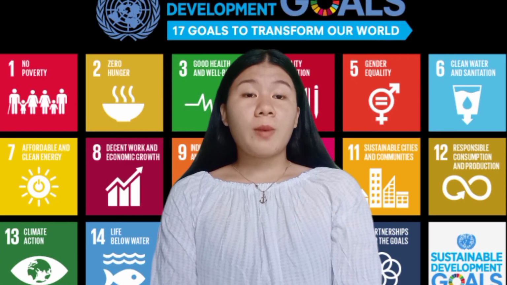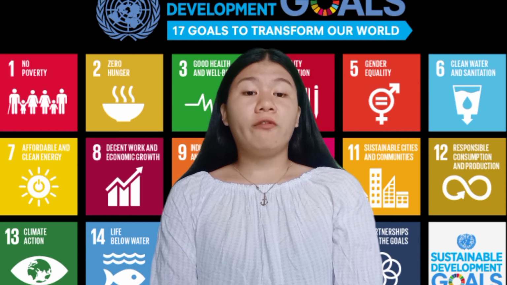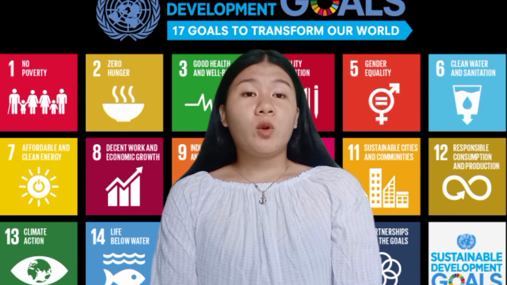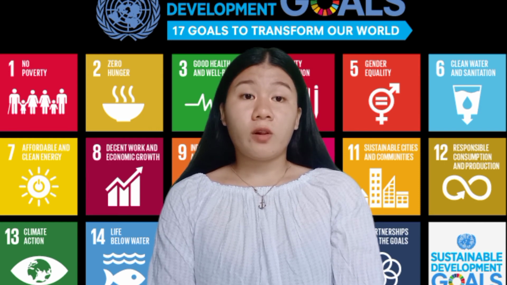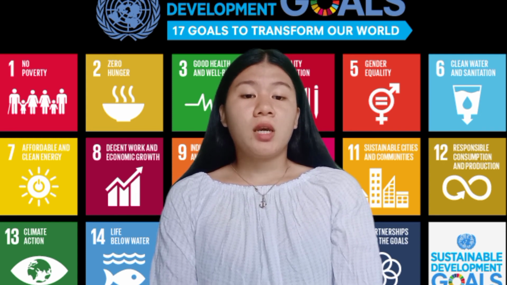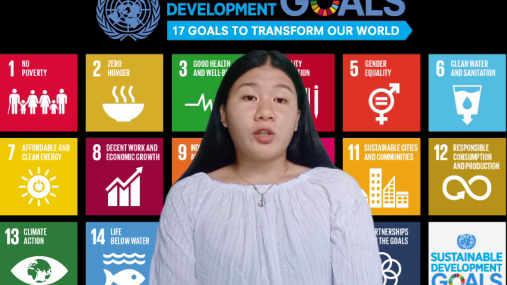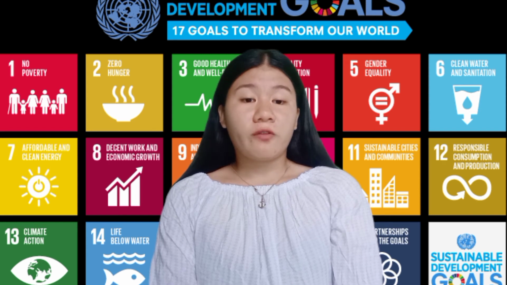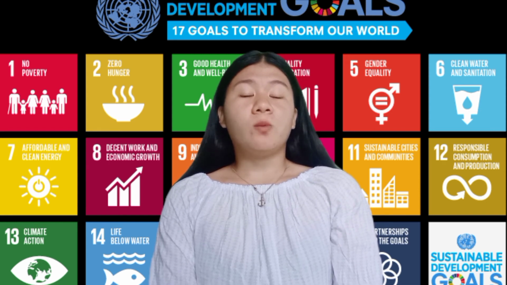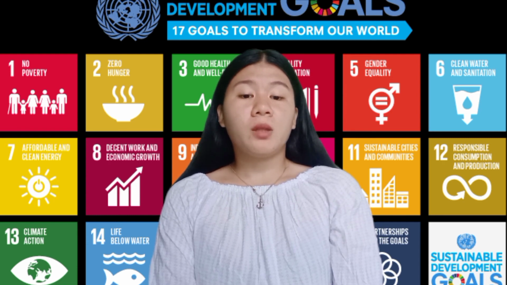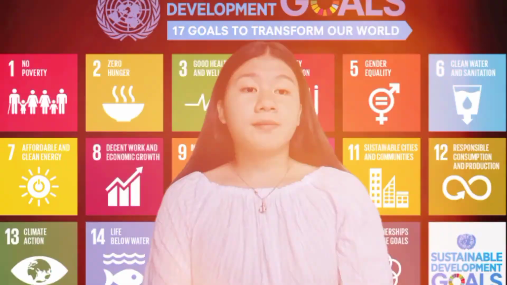The Sustainable Development Goals, SDGs or Global Goals, are a collection of 17 interlinked global goals designed to be a blueprint to achieve a better and more sustainable future for all. The SDGs were set up in 2015 by the United Nations General Assembly and are intended to be achieved by the year 2030. The SDGs were developed in the post-2015 Development Agenda as the future global development framework to succeed the Millennium Development Goals, which ended in